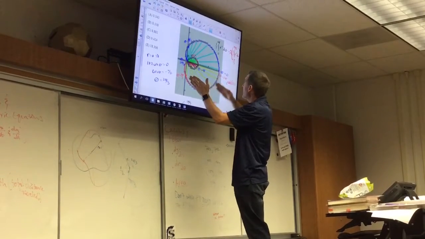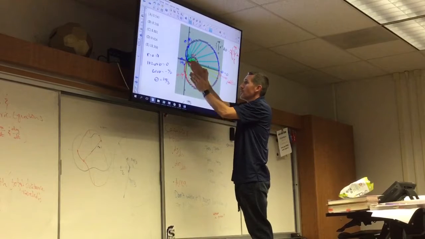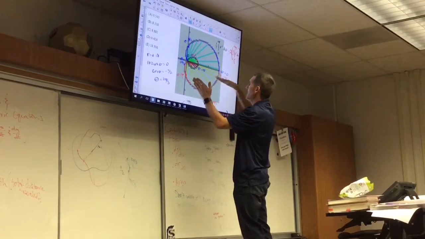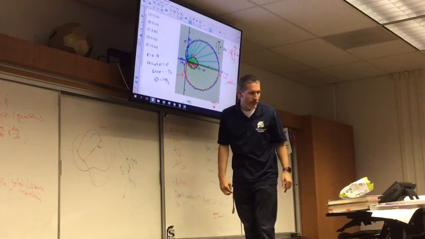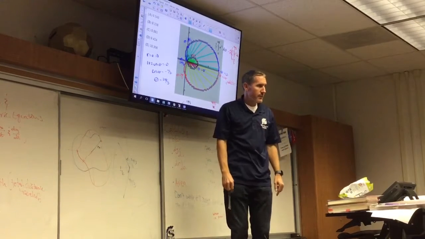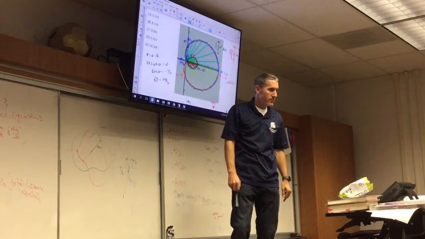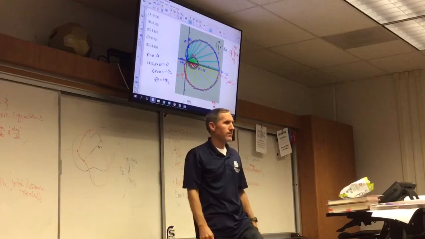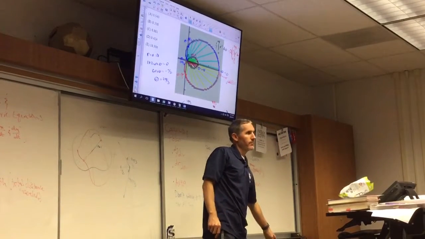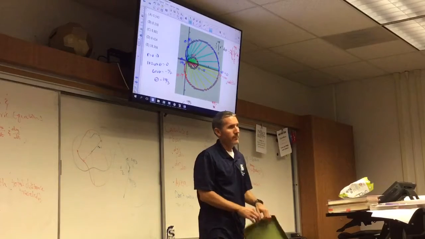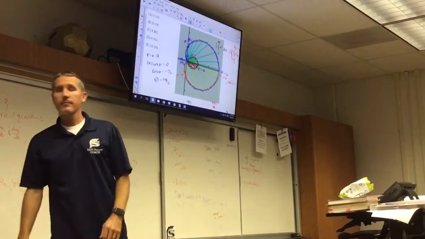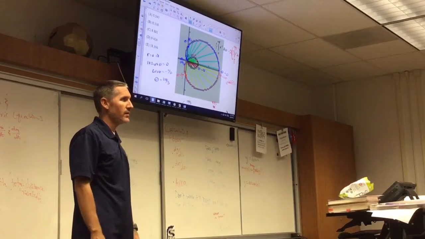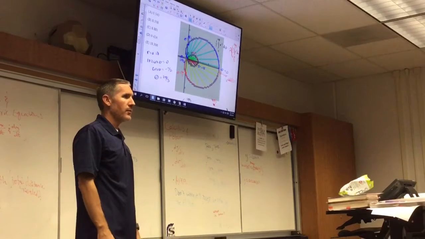And then all in the 4th quadrant, your r values are positive, and it's going out until it hits this value again when theta is equal to 2 pi. Did that make sense? Yeah. So, you're starting to see a little bit of the difficulties that we